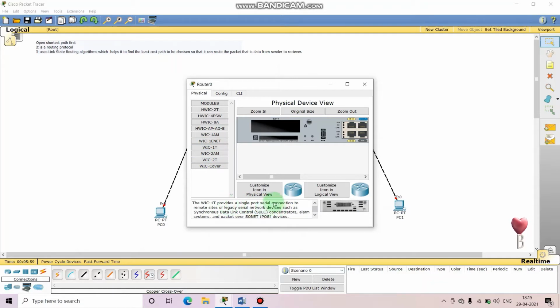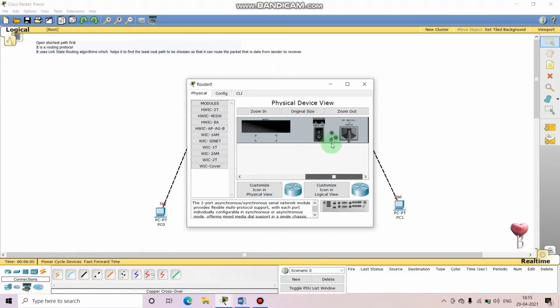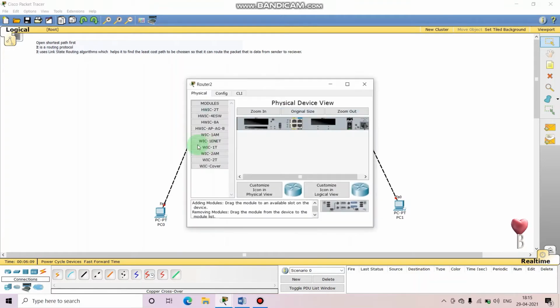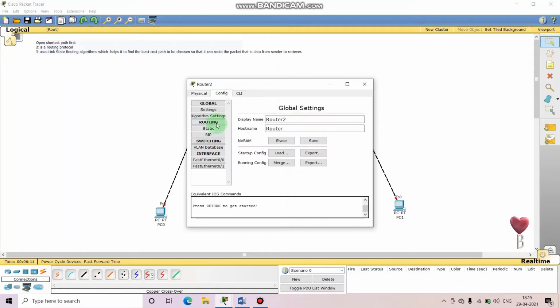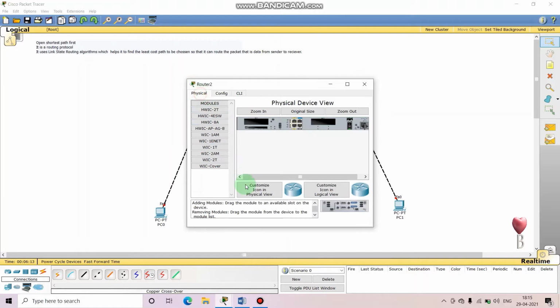See, a single serial port. Let's add this. Two serial ports will be added. Okay. Then after this, make sure you power on the router again. Do it in all the three routers.